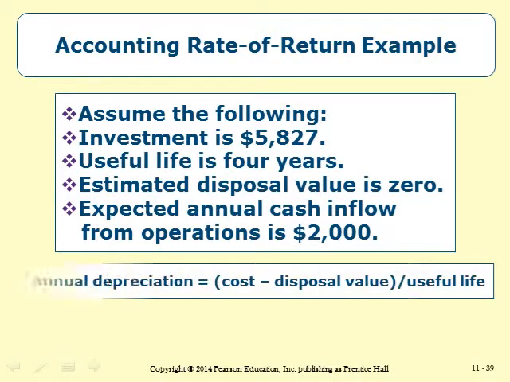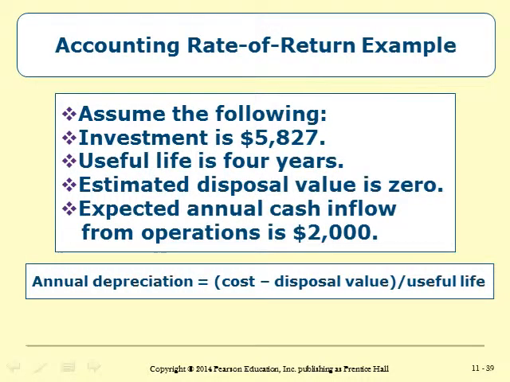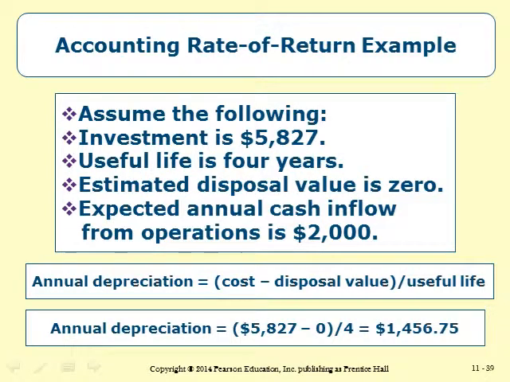So to see how the accounting rate of return works, let's assume an investment of $5,827 with a useful life of 4 years. We estimate that the disposal value is 0 and the expected annual cash inflow from operations is $2,000. The same example we worked with when we were calculating net present value. So annual depreciation is